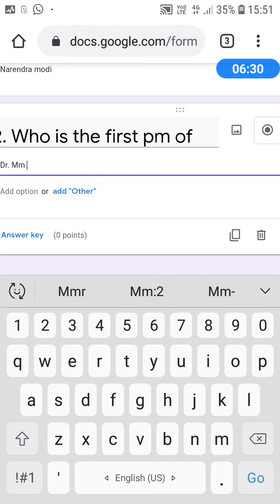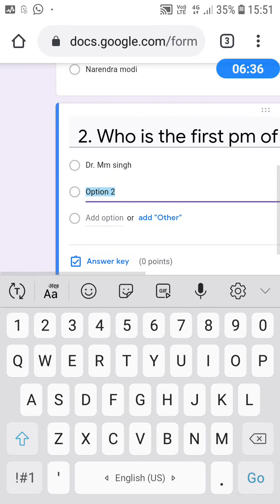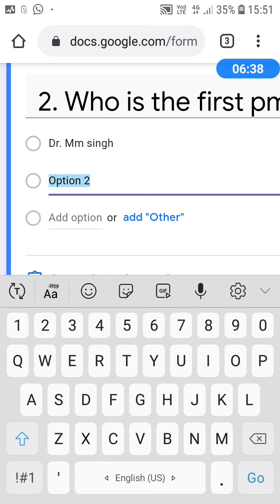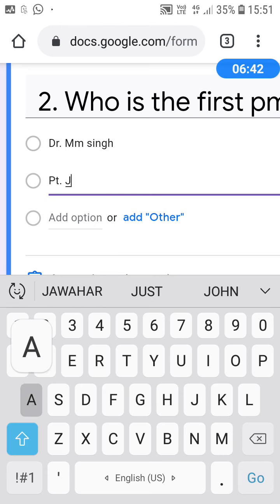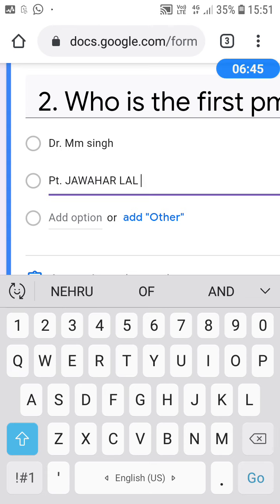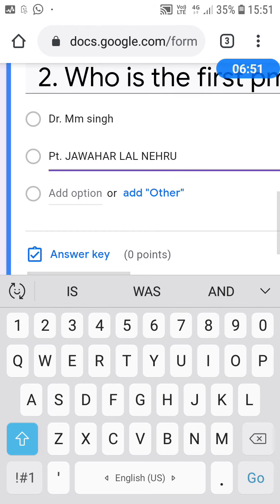Second option I am going to put here is Pandit Jawaharlal Nehru. I can add more questions and more options, but I am not adding them here.